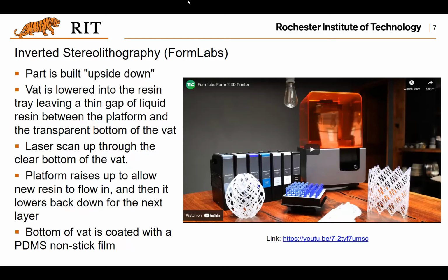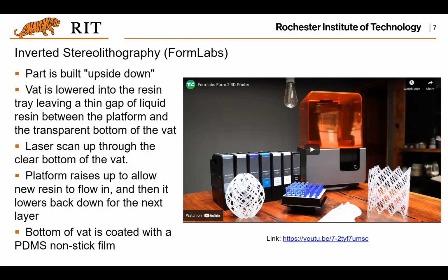So the difference is basically that the vat is lowered into the resin tray, and there is a thin gap between the platform and the bottom of the vat. Then the laser will go through the clean bottom of the vat and scan and cure the resin. And then the platform will raise up to allow more